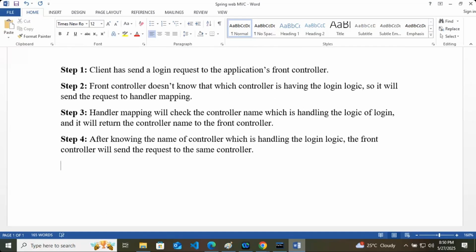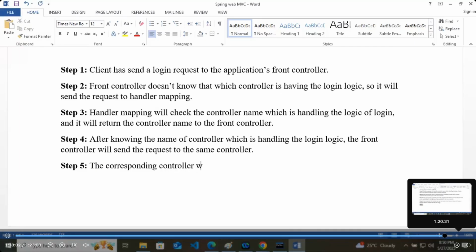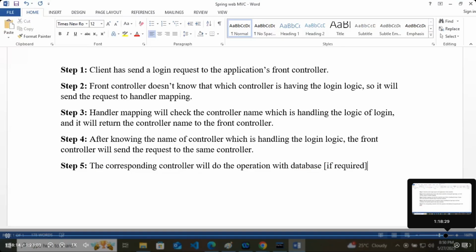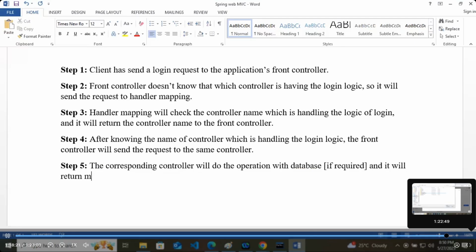In step 5, the corresponding controller will do the operation with the database if required. It's not fixed that every time you will do a database operation, only if required, and it will return the model.